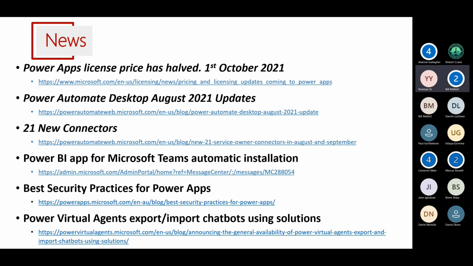Thanks, Bill. My first news item here is to do with the best security practices for Power Apps. Unfortunately, in this age of modern technology, we do have to worry about the security of all of these new and wonderful features such as Power Apps. So what Microsoft is saying is that there are two ways that connections between components can be shared. One's explicitly shared, where the app end user must authenticate with, say, this SQL server,